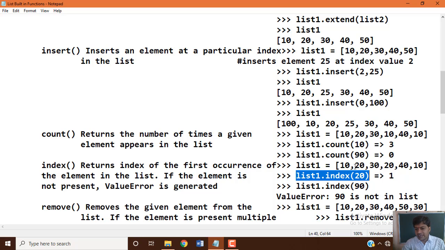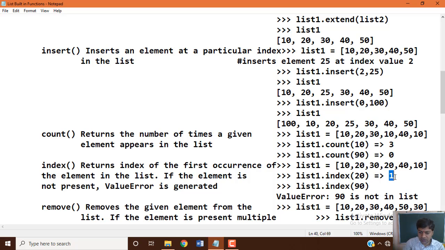So 20 is available at index 1 as well as index 3, but when we apply the concept, the first index number allocated will be extracted. So 1 will be the output here.